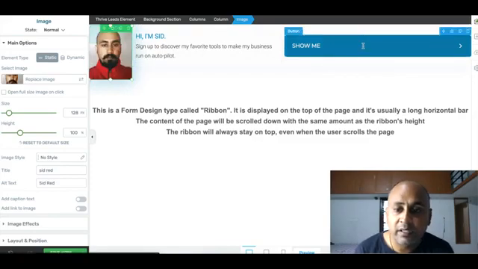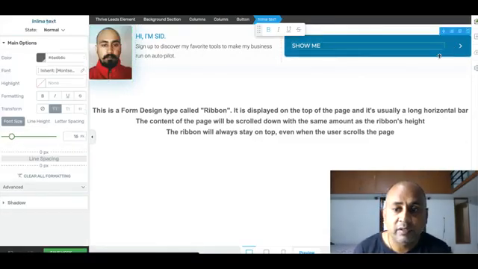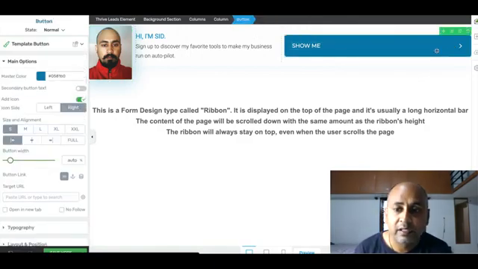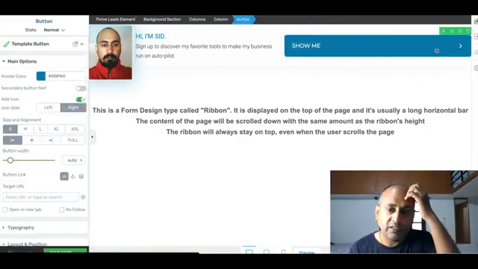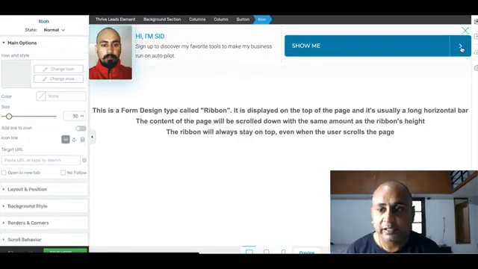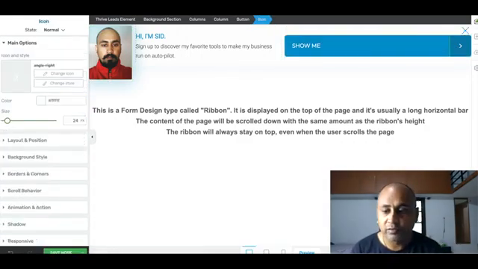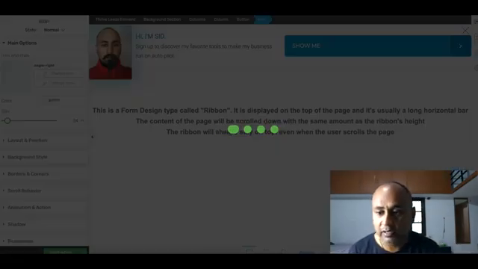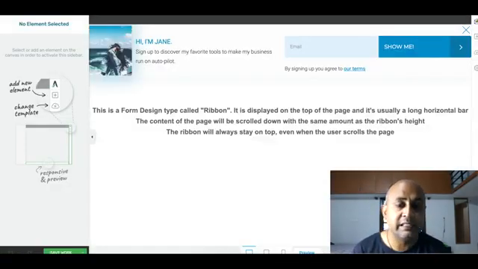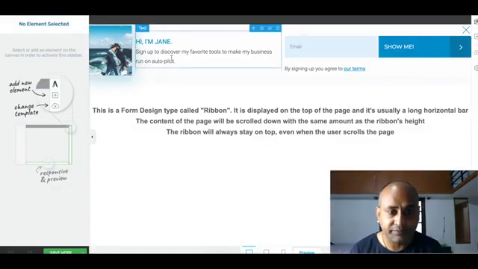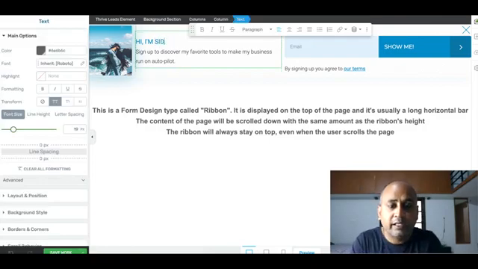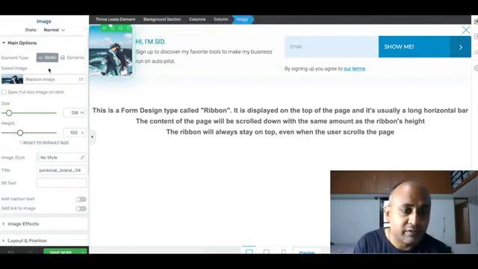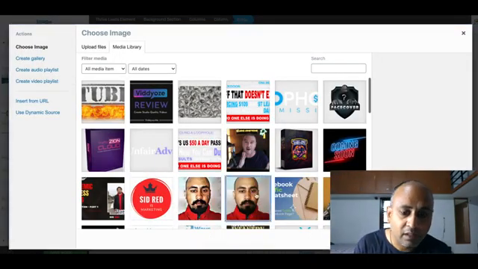So once I change the image and show me, fine. There are two steps. This is not a direct sign up. It says show me. Once you click this, it will go to another state. This is the state where it says sign up to discover favorite tools to run on autopilot.